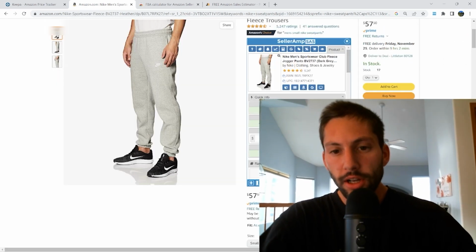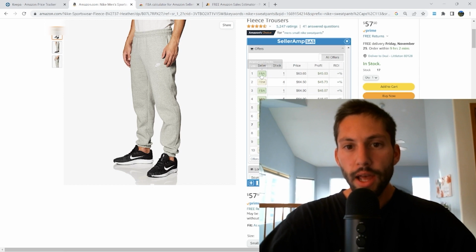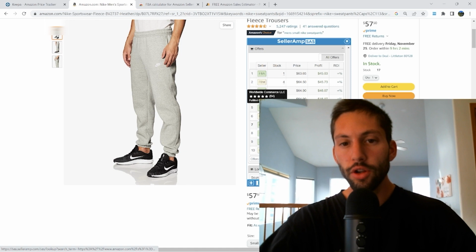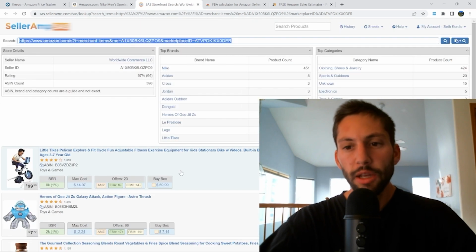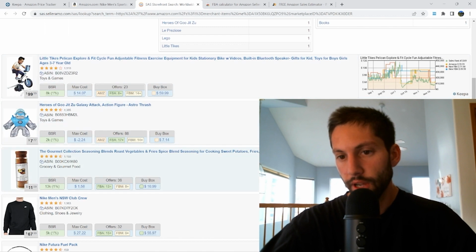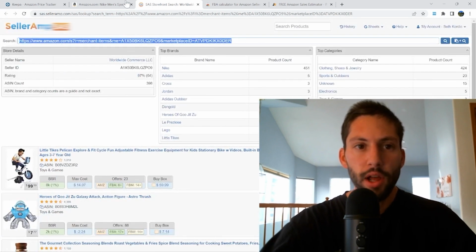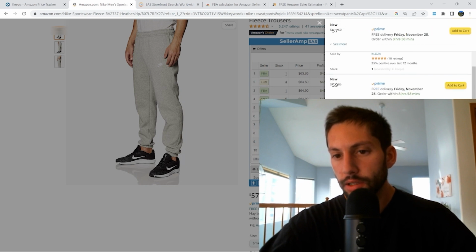And then also you can take a look at these stores. If you have SellerAmp, just by scrolling down here you'll see all of these people right here. And you can also click into their stores just by clicking in like this. And being able to click in like this is helpful because all of their items have the Yii right up here on the side, and so you can just kind of scroll through and see what types of things you're liking from their store. Whereas if you do it this way, it's going to end up looking like this,